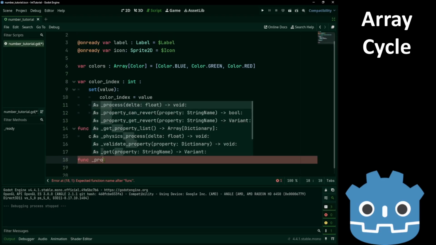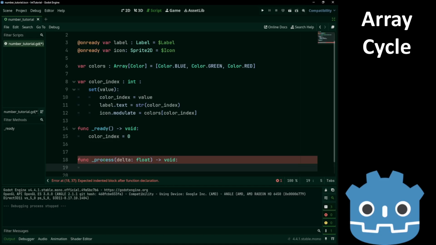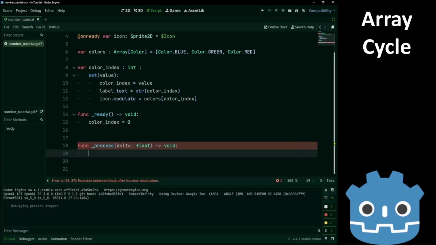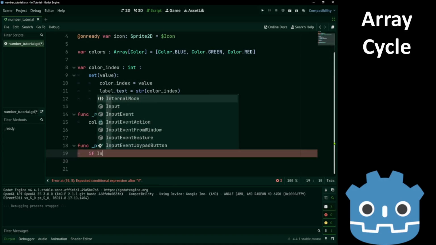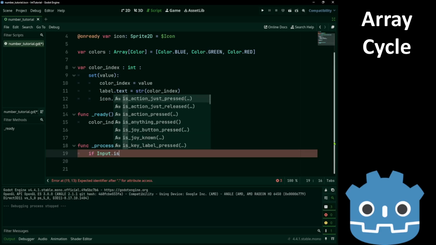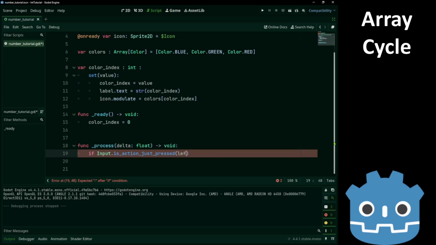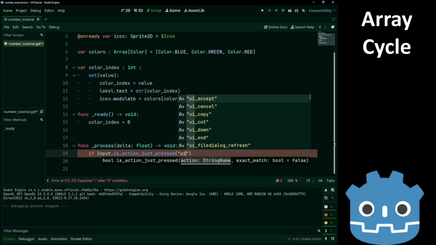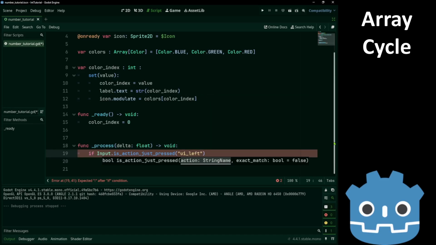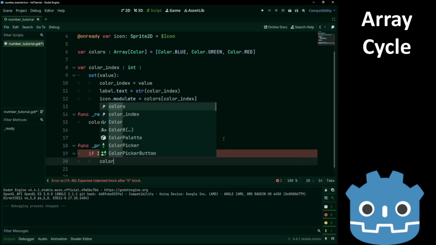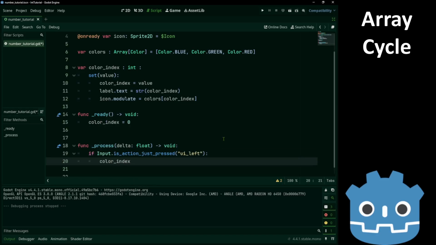Now we can use the process function and say if input is action just pressed, and we'll use UI left for the left arrow, color index minus equals 1.